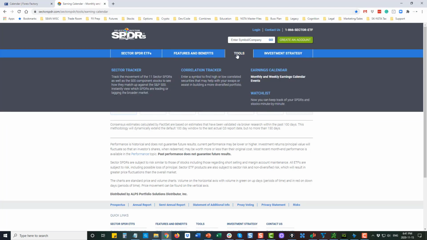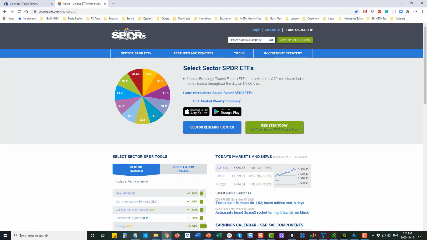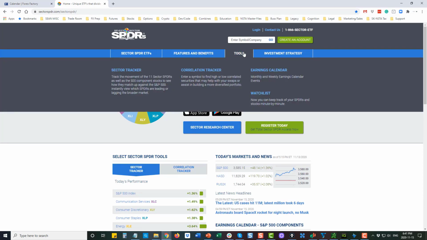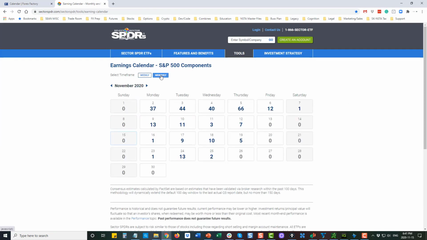So if you go under Tools here, the main website is Sector Spiders, okay, right here. This is an ETF website for funds. Ultimately you can go to tools and there's an earnings calendar section. I like this one for many reasons. I like the intuitiveness of it. I think it's very clean and neat to understand. If I click on monthly, I can easily go in and see how many companies have earnings on these dates,